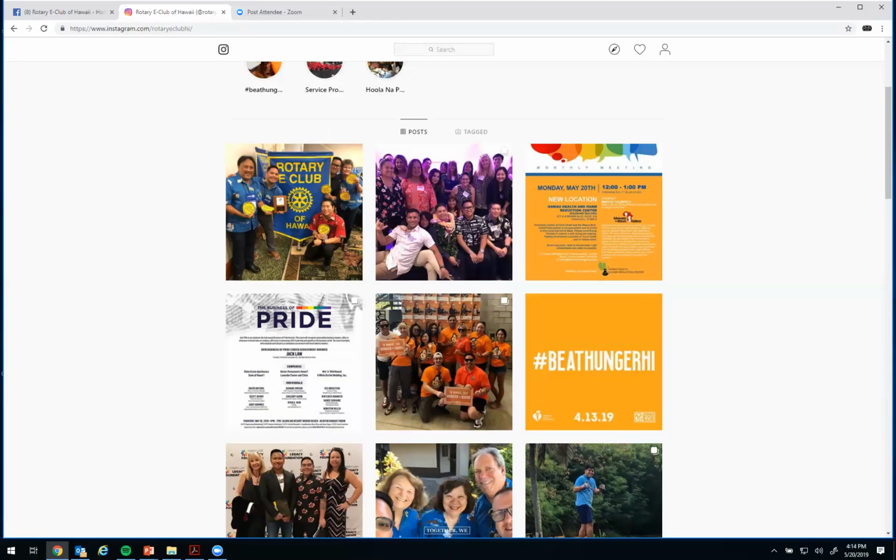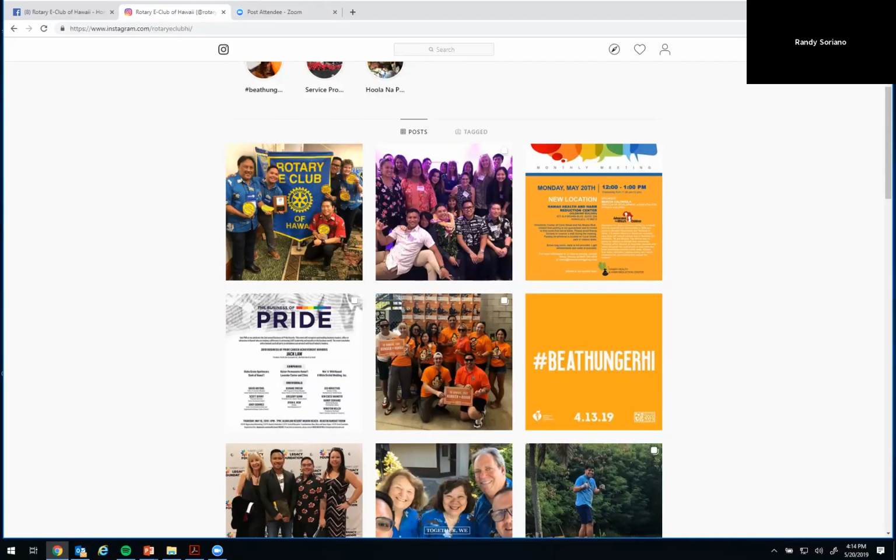Okay, so what I'm gonna do, okay, can everyone see me? So what I'm gonna do is show you guys on Instagram. Okay, so this is the Instagram app. This is what it looks like when you open the app.